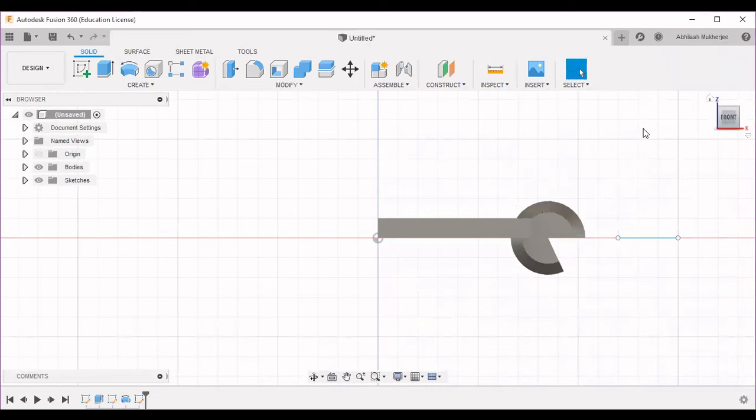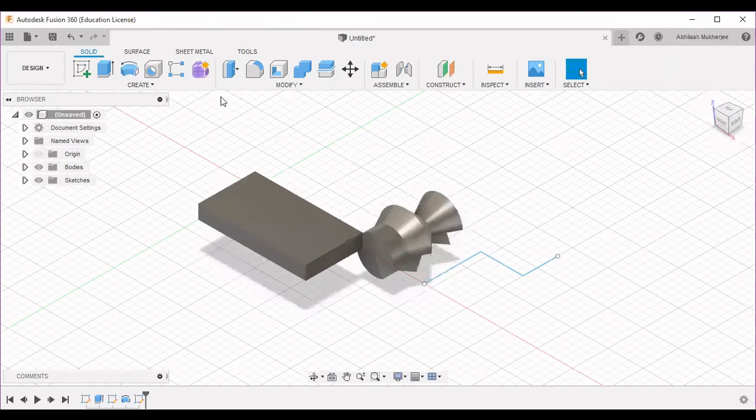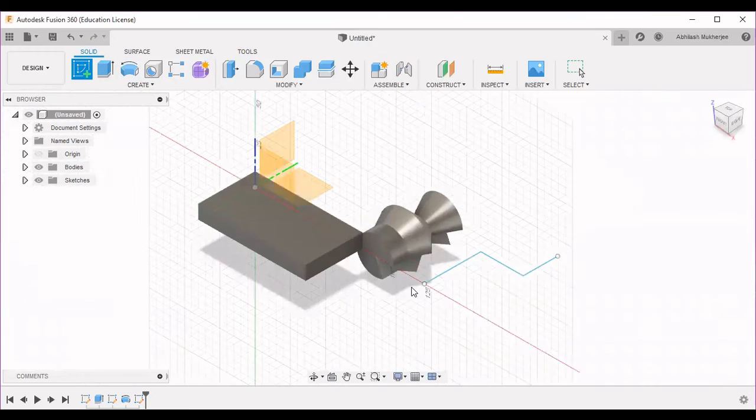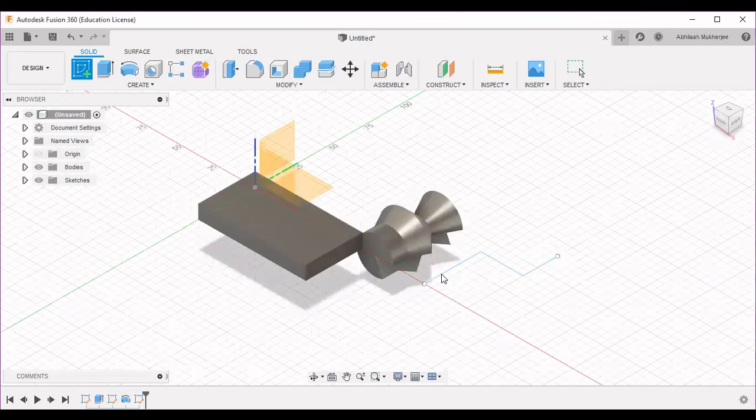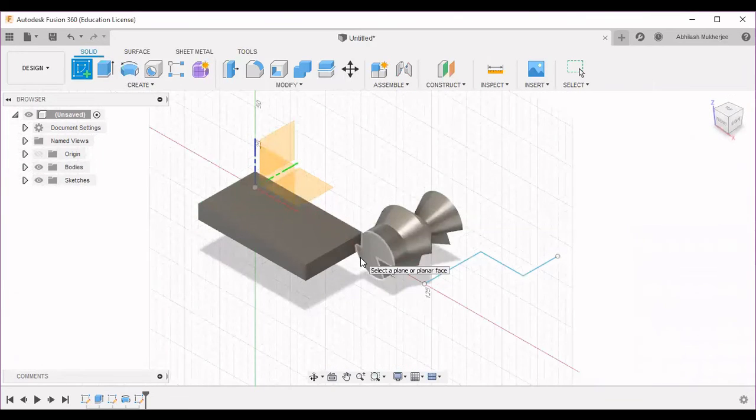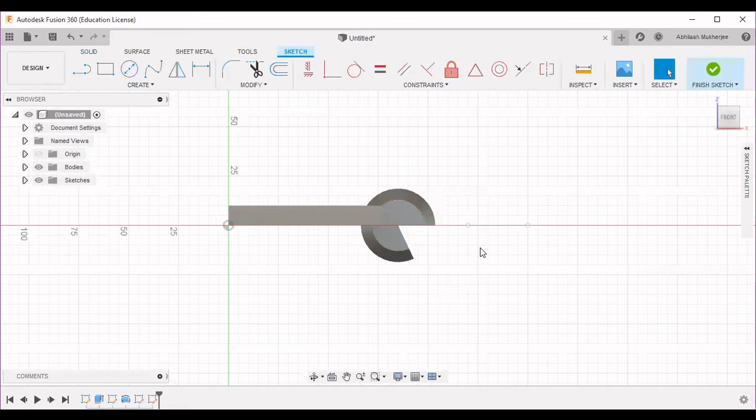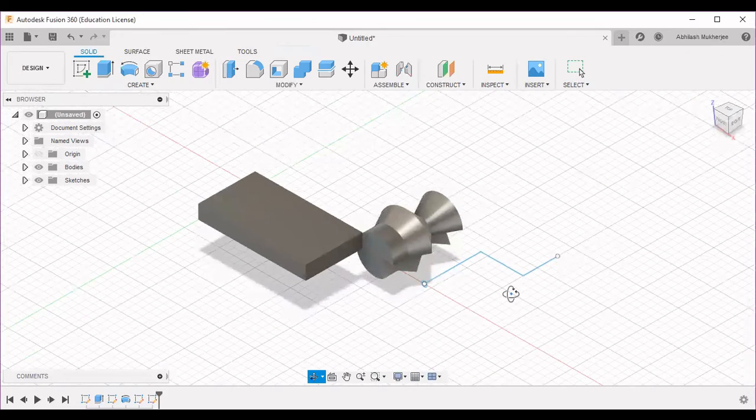We finish sketch, we go to the home. Then again, it's asking for the surface about which we want to draw. I select this plane, and then create a circle on this edge. Oh, a small one would do. Okay, finish sketch. Now let's check the circle is drawn in here.